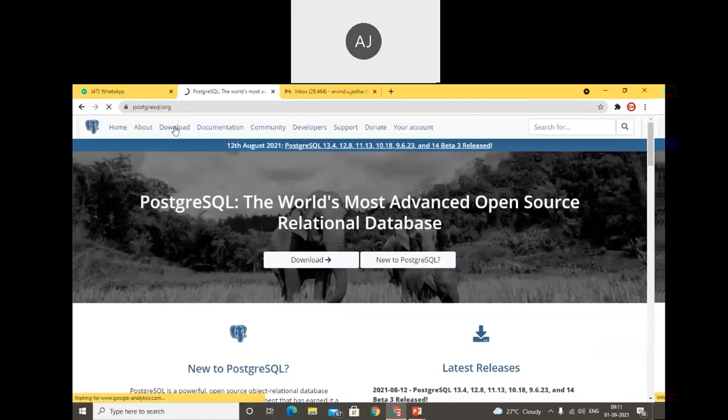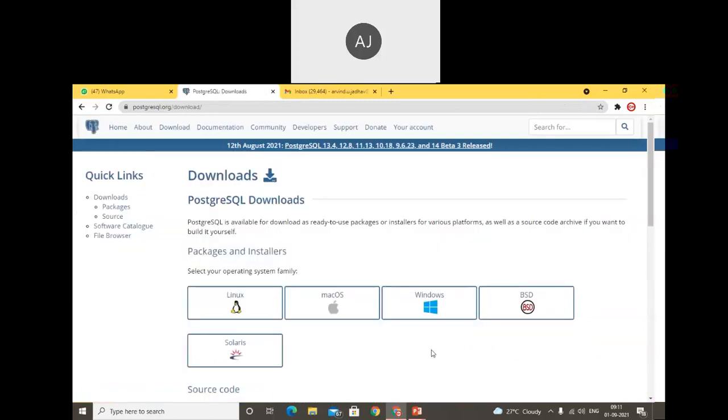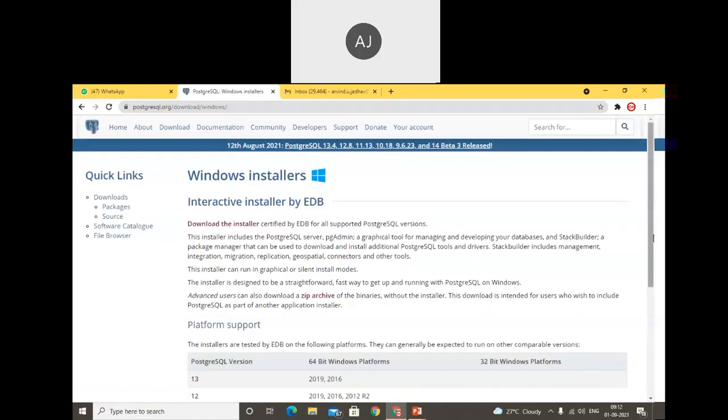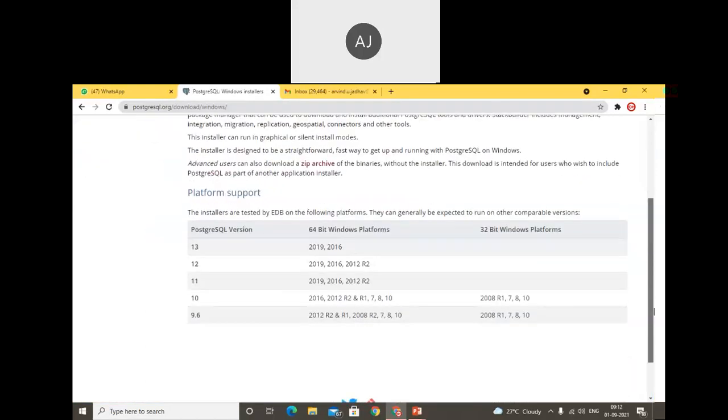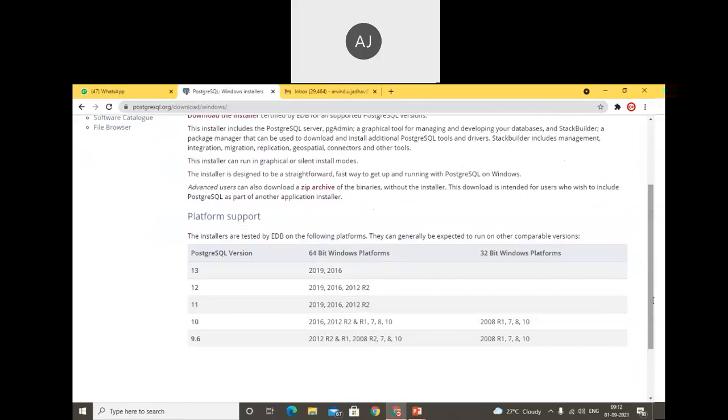From here you have to download. Here, if you have Mac OS, Linux, BSD, or Windows, just click on that. An important note: assume that your computer architecture is 32-bit.